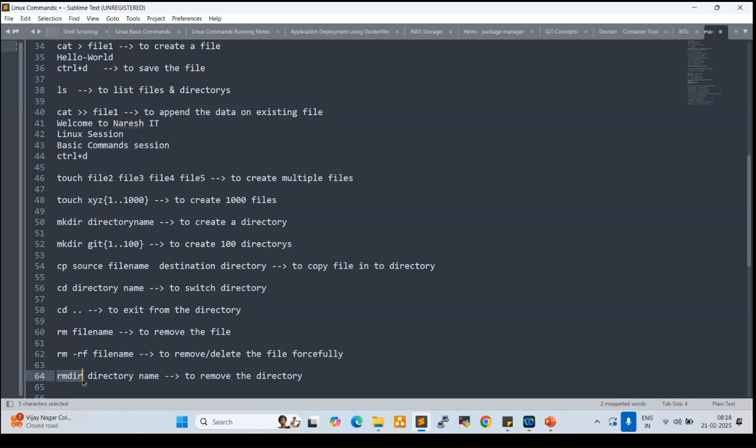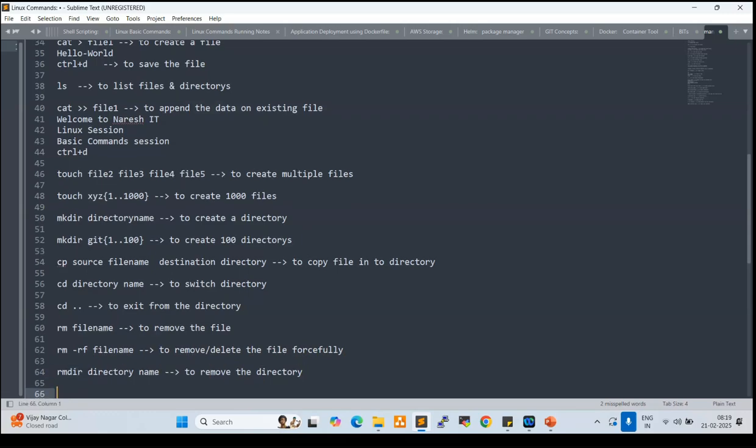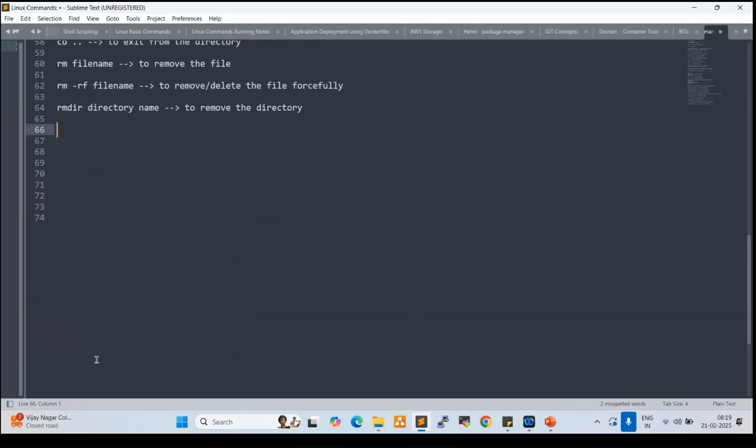We'll get an error. So if you want to remove a directory with files and folders inside it, use forcefully rm space hyphen rf space directory name, to remove the directory forcefully. Right? Next one.